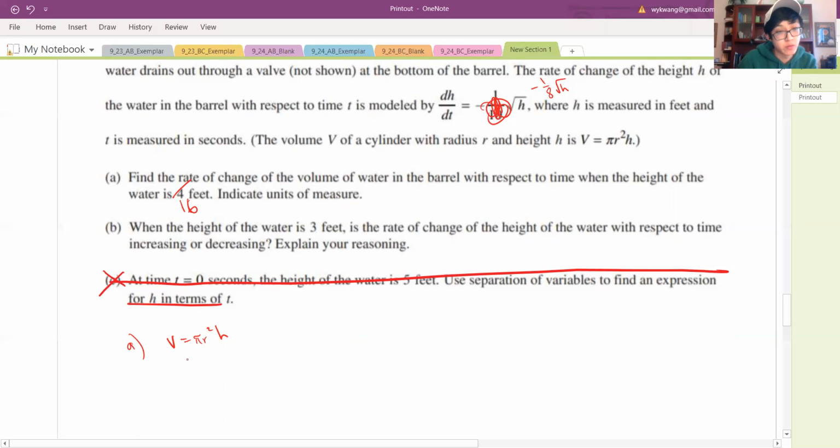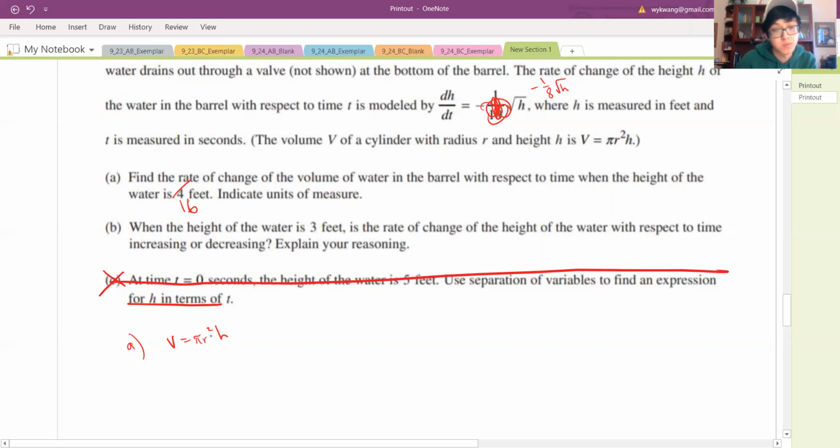If you don't want to differentiate this whole thing, why this is kind of annoying is, let's say we differentiate the whole thing with respect to t. We know we're going to have to do a product rule, right? Because we have r squared h. And that's going to be a little bit messy, right? But if you don't want to do that,